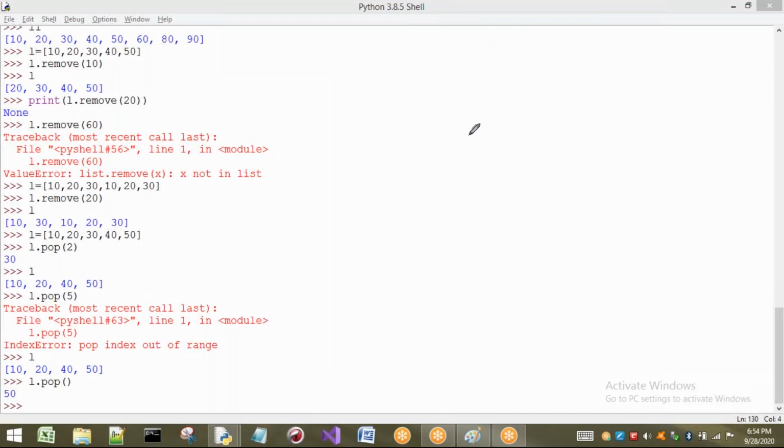I will explain now. As you know the concept of stack, a stack is going to store the elements. It follows the principle called last in first out. That means the element that is inserted last will be removed first.